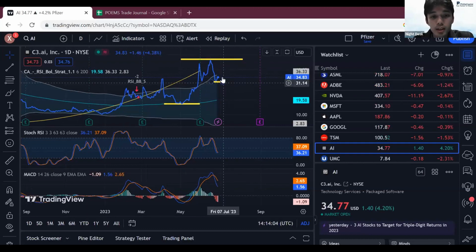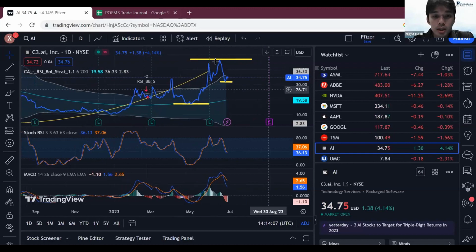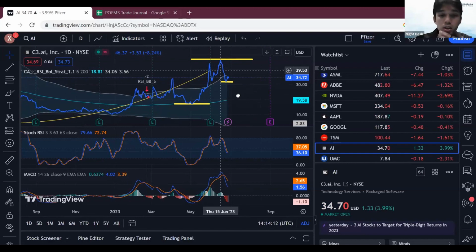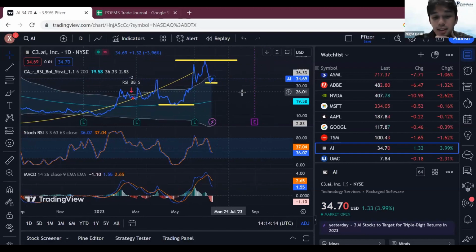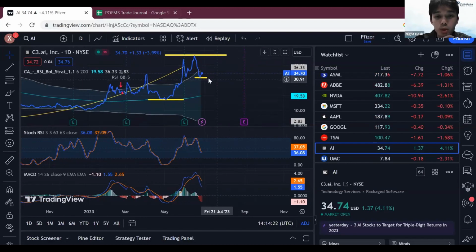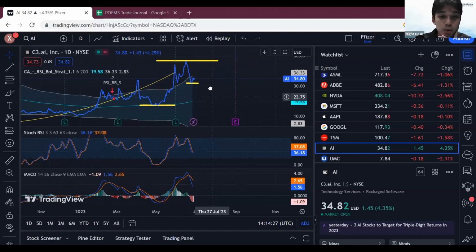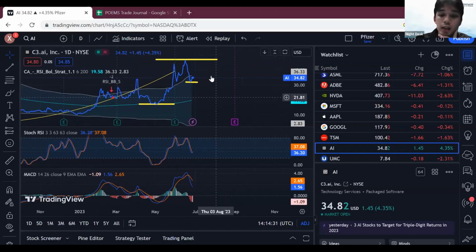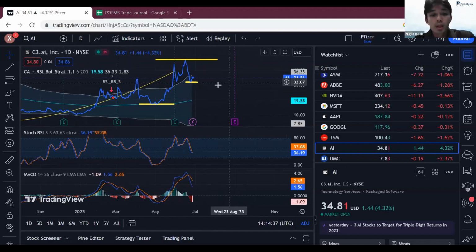Currently it's still having the hype right here. You can see that the resistance level is right here. But as of now, RSI is down and the moving average is also down. So would I enter a trade right here? Usually I would sell put, but in this case, if I can only buy put or buy call, I probably wouldn't enter a trade right here yet. So I hope that answers your question on AI.